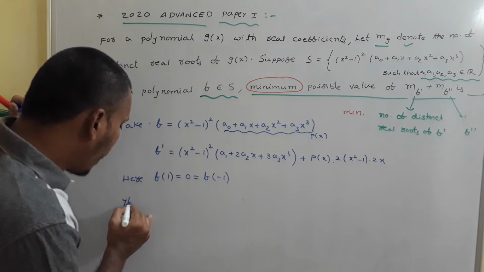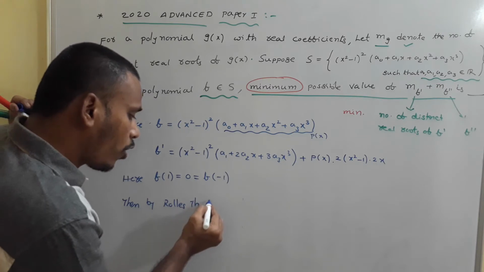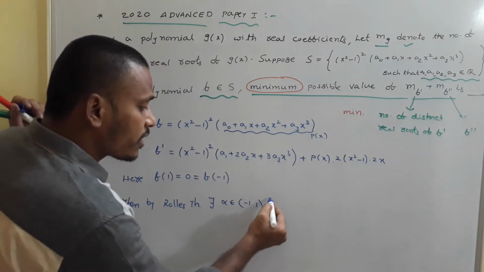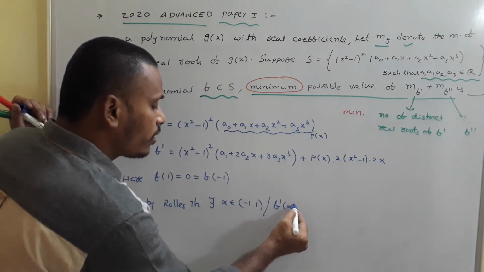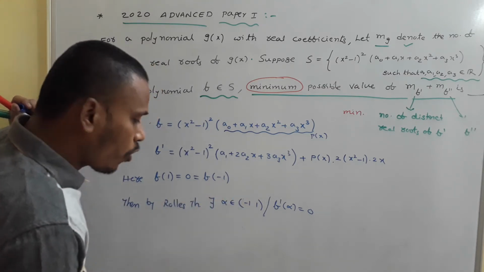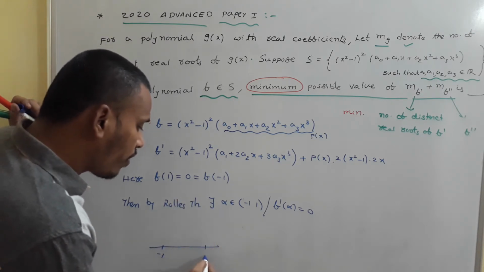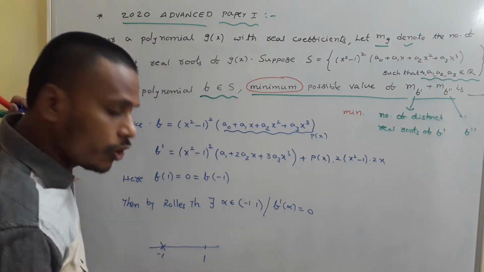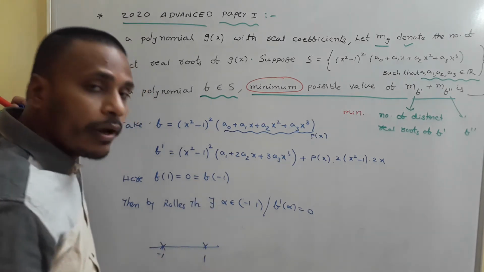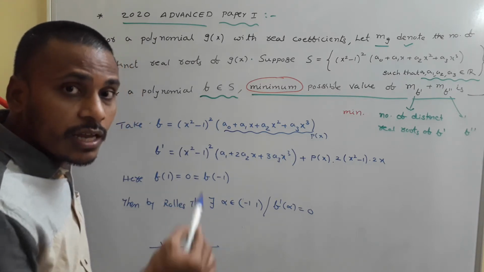Then by Rolle's theorem, as we discussed in our regular class, there exists some alpha belonging to (minus 1, 1) such that f dash of alpha equals 0. For sure, in between minus 1 and 1, we have one root. When you try to sketch the graph for f of x, at minus 1, f of minus 1 is 0, and at 1, f of 1 is 0. If you sketch the graph passing through these 2 points, for sure the graph has a peak in between these 2 points. That peak represents one root for its derivative.